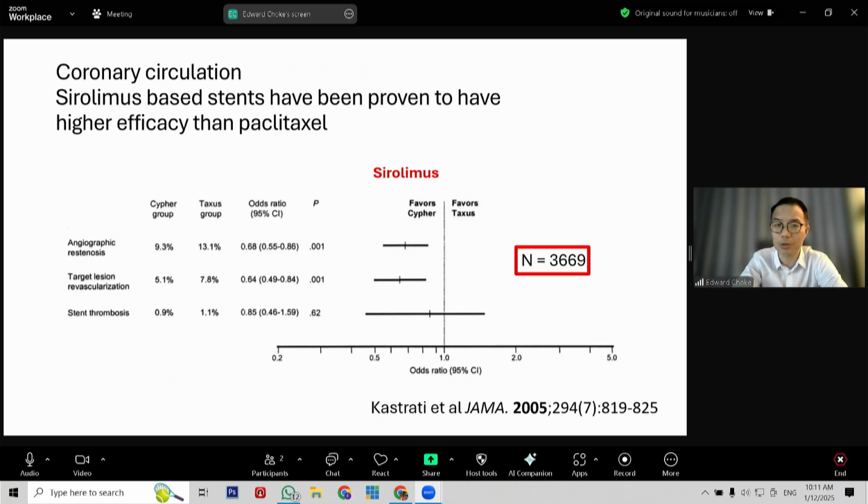So why do I think sirolimus is the better drug compared to paclitaxel? The cardiologists have known this for a long time. This is a meta-analysis of the use of sirolimus devices for coronary artery disease published in JAMA more than 20